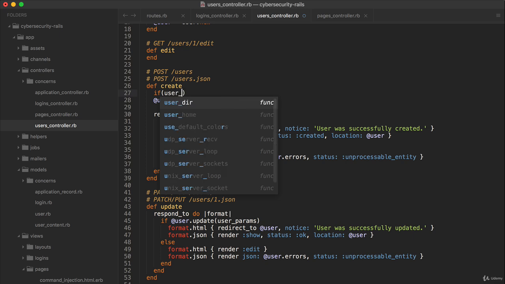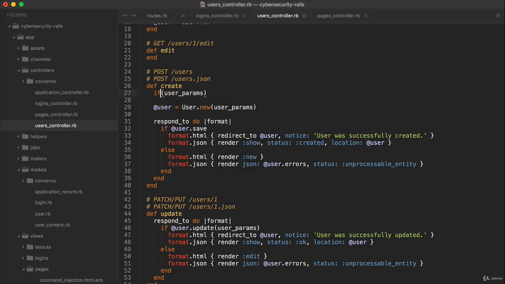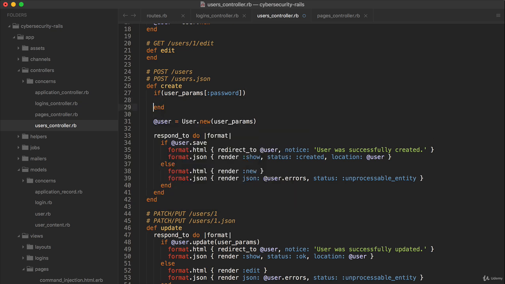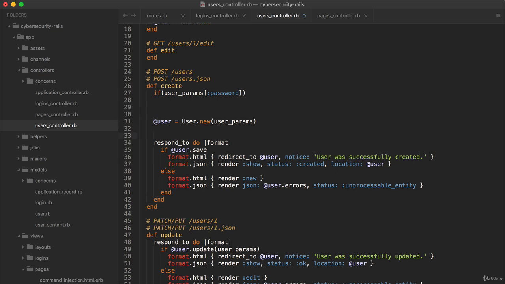So if user params password, we're getting both the password confirmation and the password, but we can just say, if user params password length, let's say, to enforce it at first, is less than 8, we can just say redirect to